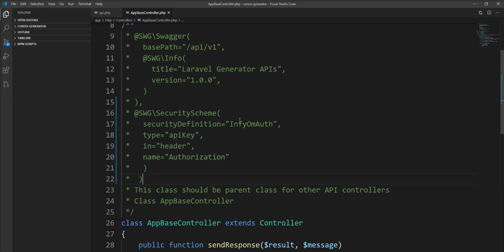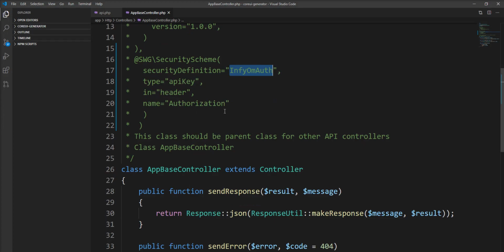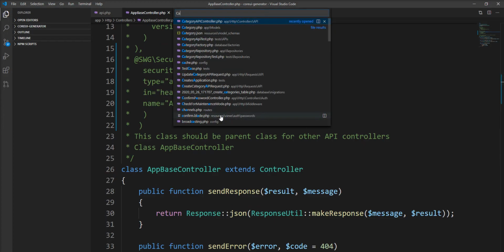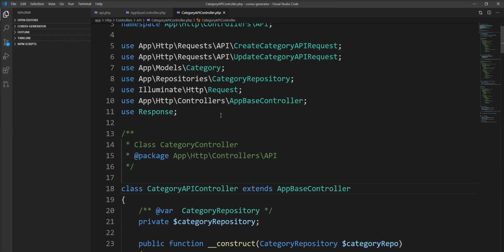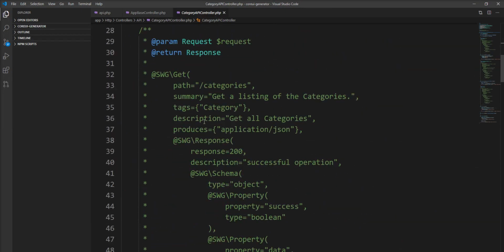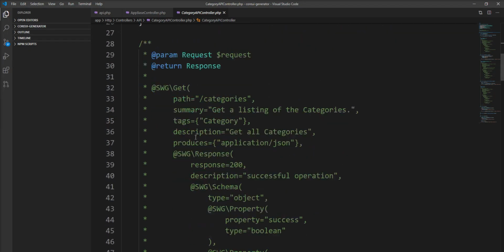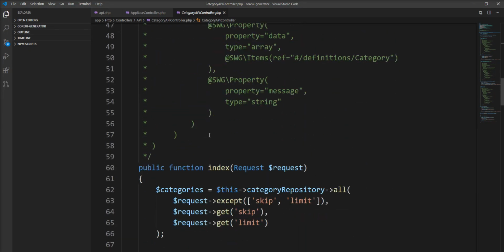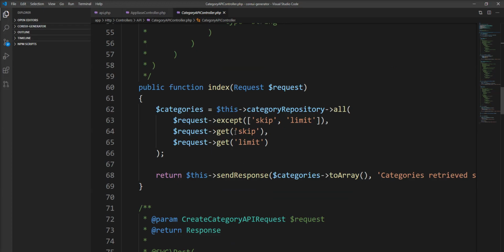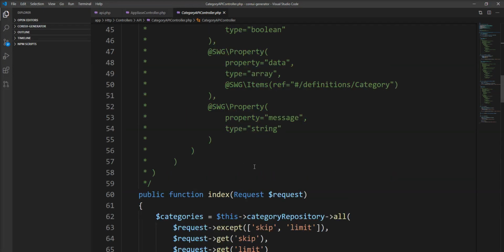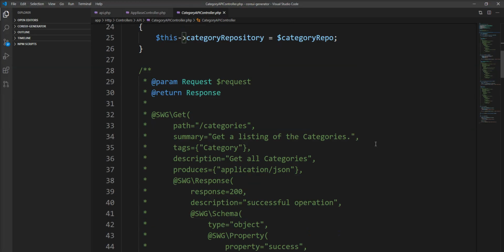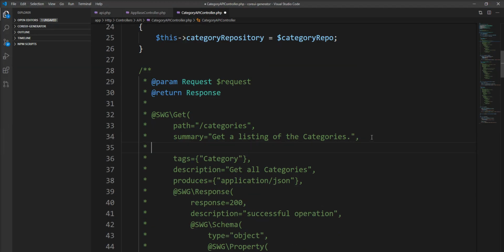Now we need to use this definition in our controller and all the APIs. So let's open the category controller, and you can see here the Swagger annotation for the list API of all categories. So we need to pass security here, so let's specify it.